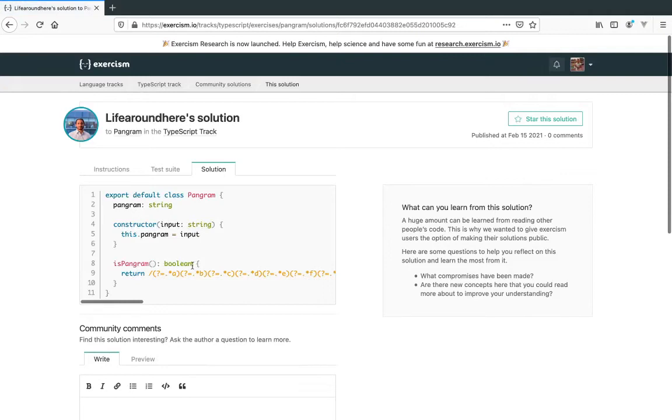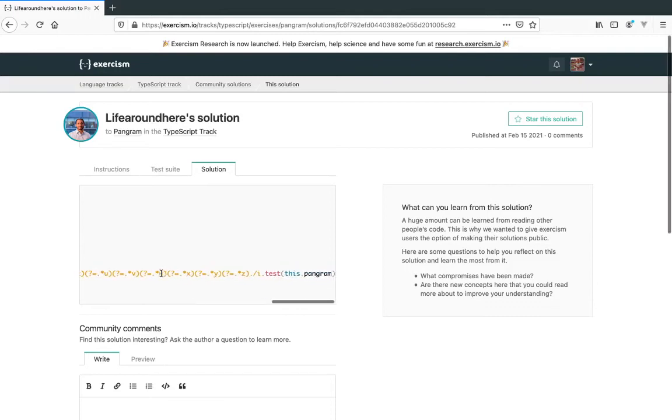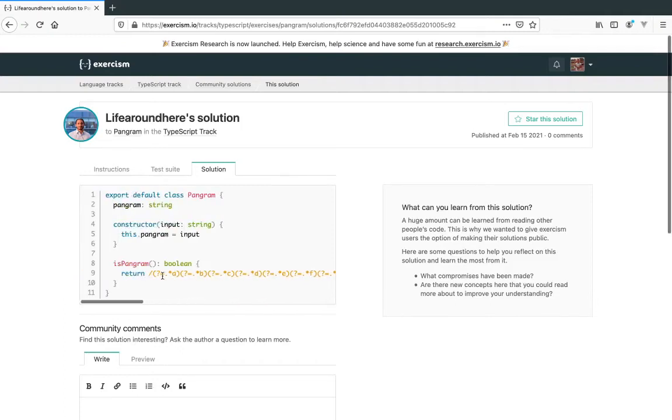Return Pangram, Boolean. What is this? Alright, so we're using, I don't know what this is. At first I thought this was a non-capturing group regular expression, but basically what this guy is doing is taking the input string, and this must be case insensitive at the end. Must be some flags, yeah. So case insensitive. So he's created a regular expression that says this thing has to have every